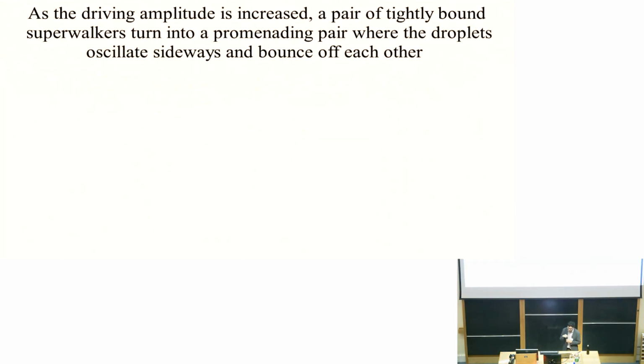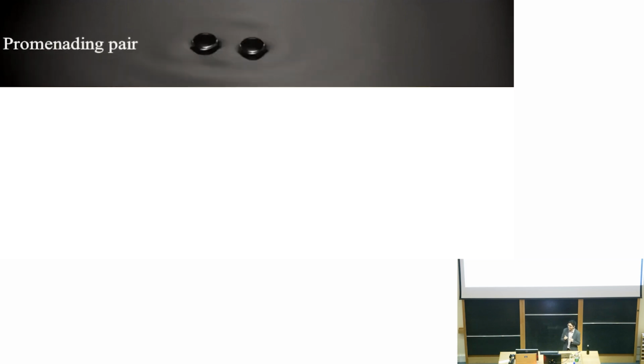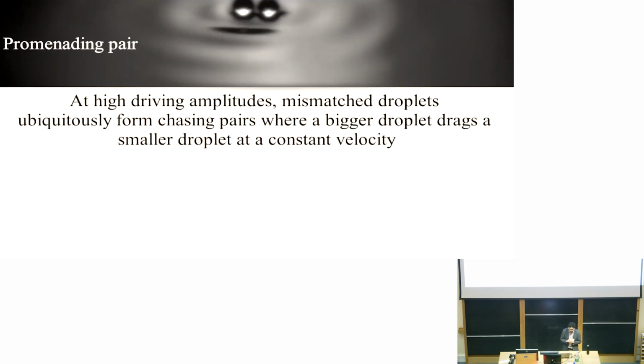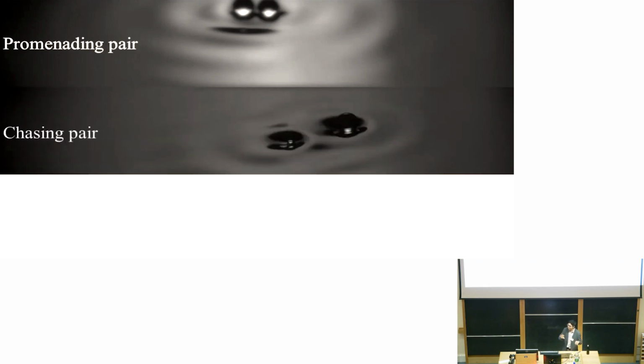Now, if we increase the memory in the system and look at that doublet, then what you see is that they will still stay bound and walk together, but you get these sideways oscillations between the droplets. So this is what's called in the literature a promenading pair, right? So you get these droplets oscillating sideways as they walk. If they are not of the same size, if one is bigger and one is smaller, then you get this chasing mode where the bigger droplet will kind of drag the smaller droplet in its wake